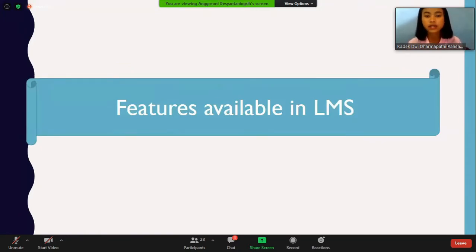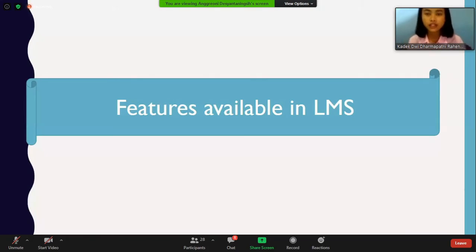Features available in LMS. There are so many features that can be used in LMS to support the teacher in creating an interesting course, divided into basic features and more advanced features.